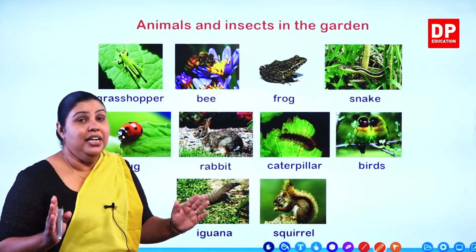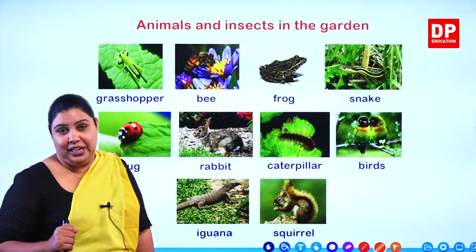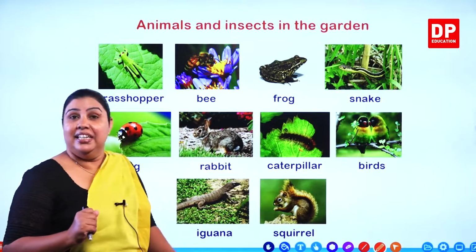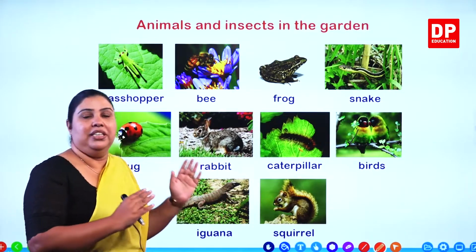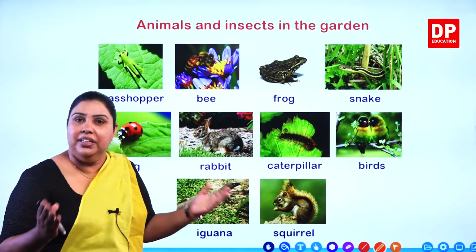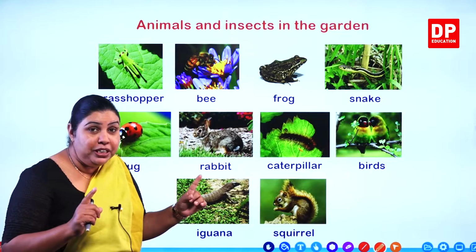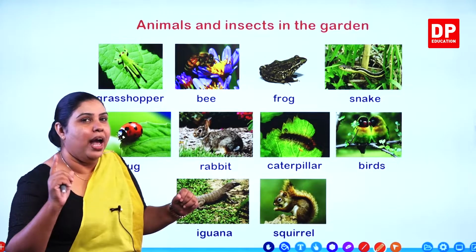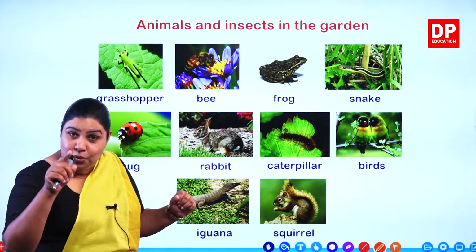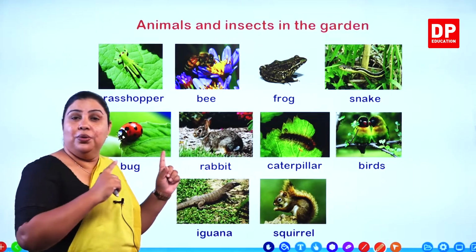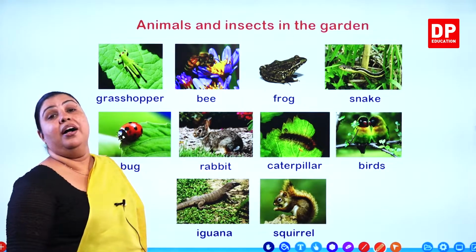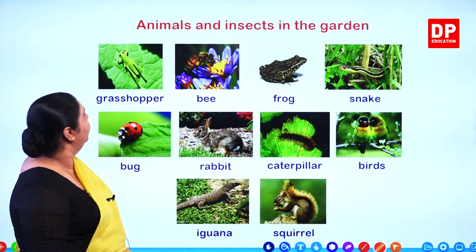I have brought the names of these animals as well. Now you all know their Sinhala name, so I thought I'm going to teach you their English name. So we are going to talk about in our lesson today about the animals and insects who come to our garden. Because in our pupils book we have to see who am I. Who am I is our lesson in our pupils book. Let's go there. But before that, we are going to learn the names of the animals that come into our garden. Right, now let's have a look at the first picture.